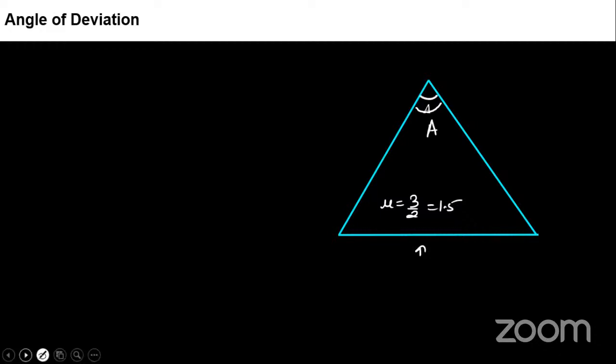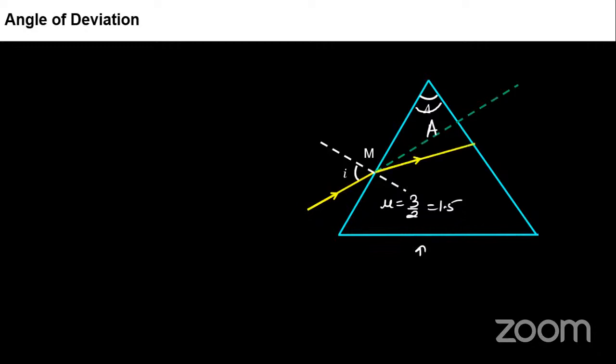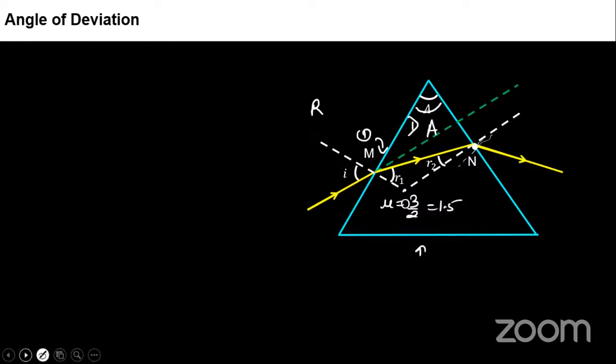If I show you the printed version, the ray was coming like this and showing refraction at the first surface, going from a rarer medium to a denser medium. Then again refraction at this point, where the normal is drawn somewhat like this. Then it emerges as the emergent ray, and the angle it makes with the normal is the emergent angle. From here it goes from the denser to the rarer medium. These are all things we have seen.